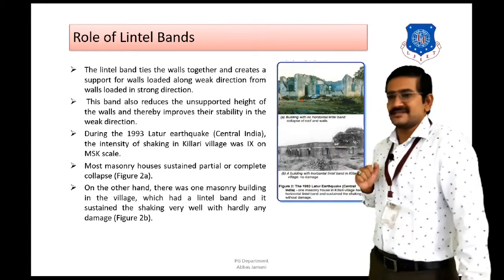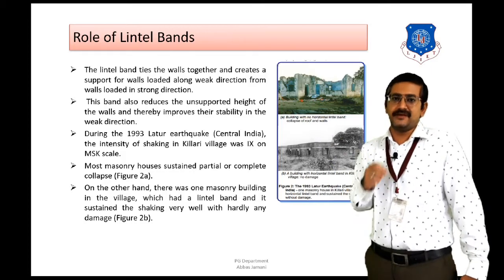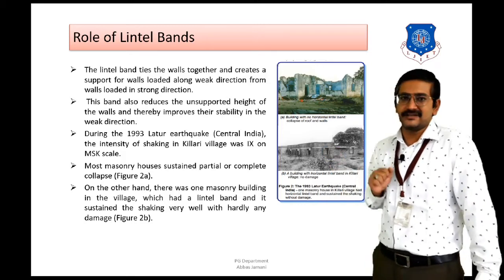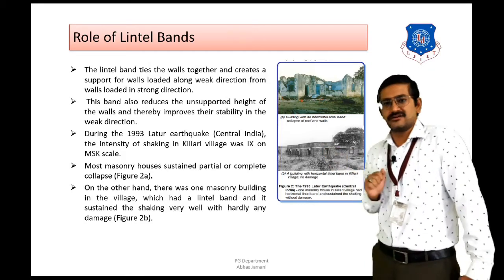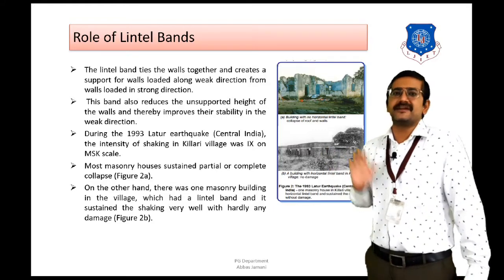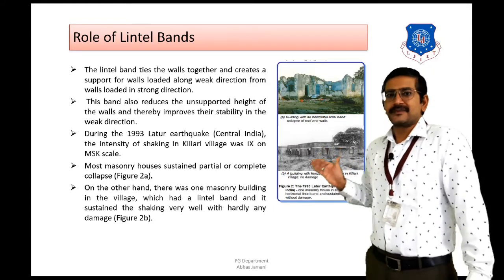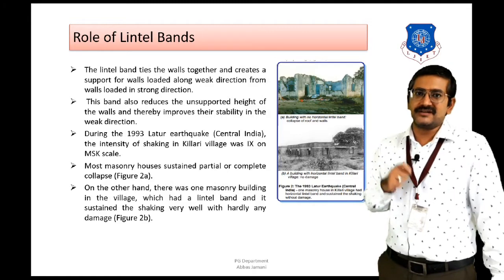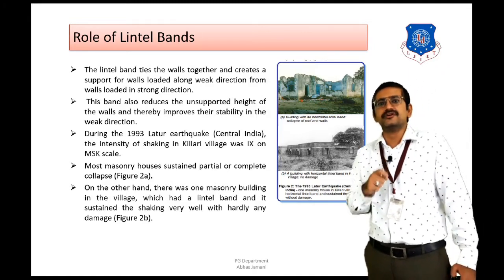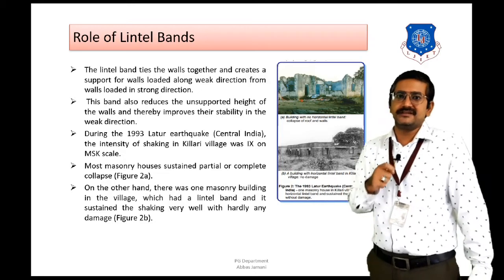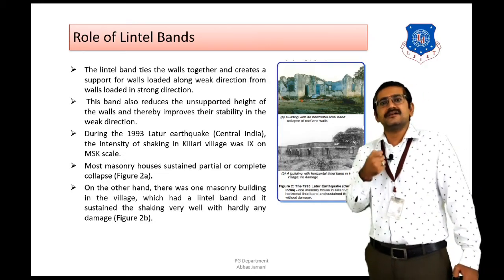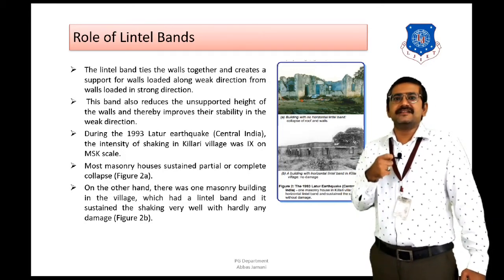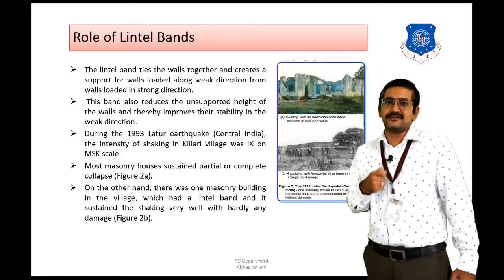In the first photograph, you can see that the majority of the buildings in the village, which were not having these horizontal bands, could not perform well during this earthquake, and as a result of that, a huge amount of structural loss was observed in this kind of building. Almost irreparable buildings were observed. But when you talk about a couple of buildings that had been provided with these horizontal bands or lintel bands, their performance was observed to be good, and they were able to sustain a shaking of even the intensity of 9 on the Richter scale. So you can imagine how vital a role this horizontal band plays in the good performance of masonry buildings when subjected to lateral load.